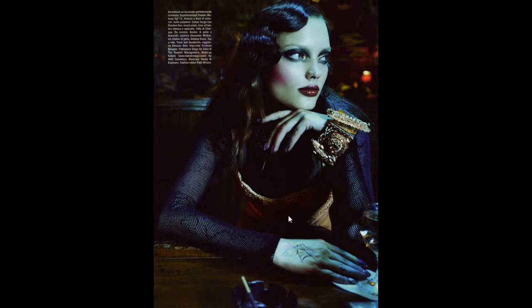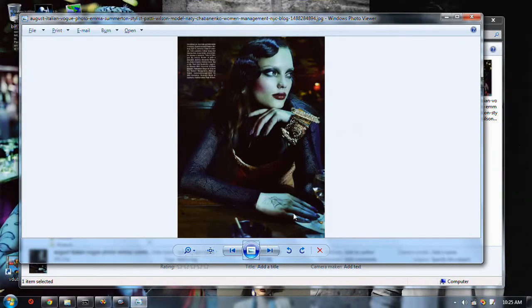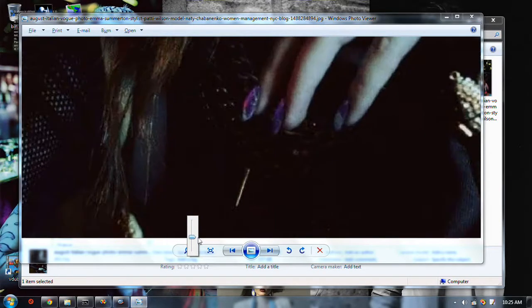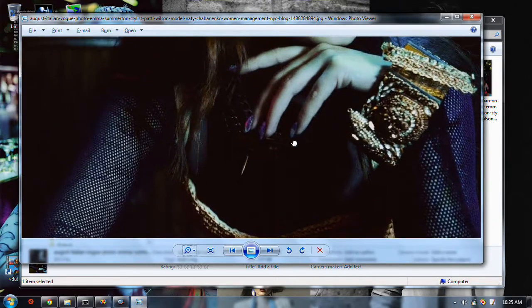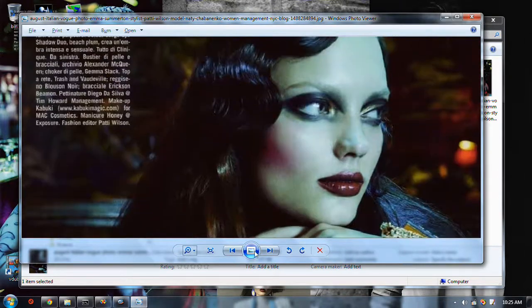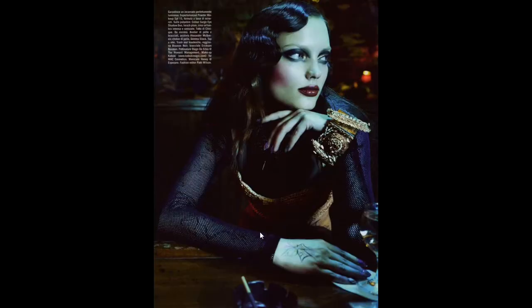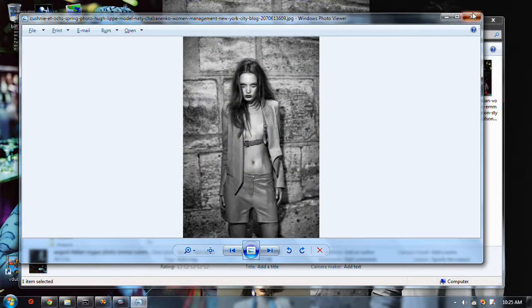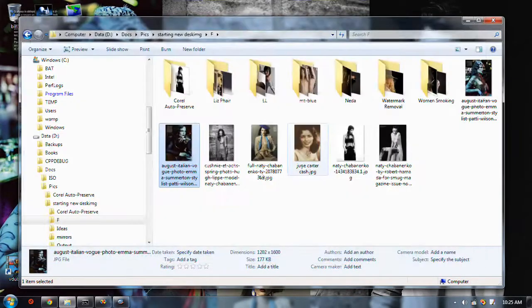Can I zoom? No. I can zoom unless I make it, maybe I can zoom and then click the full screen. No. I can do it with the Paint Shop program.